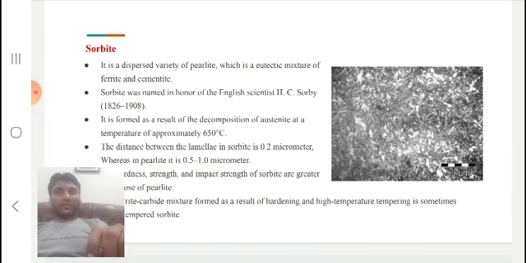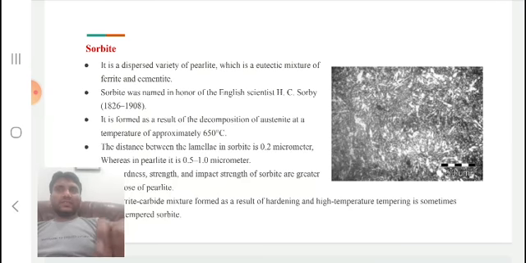In sorbite we have 0.2 micrometer distance between the interlaminar ferrite and cementite, whereas in trustite it is only 0.1 micrometer, and whereas in the